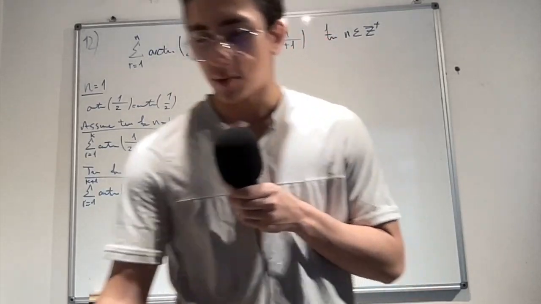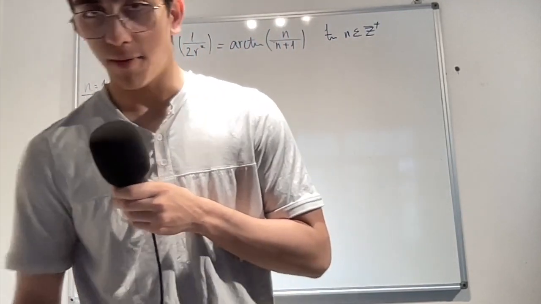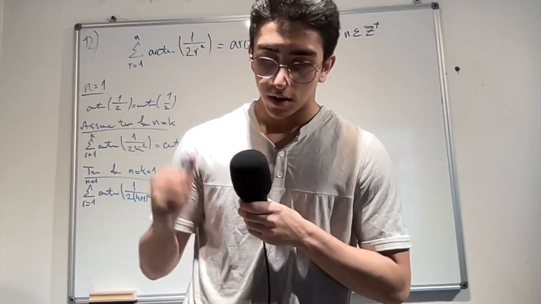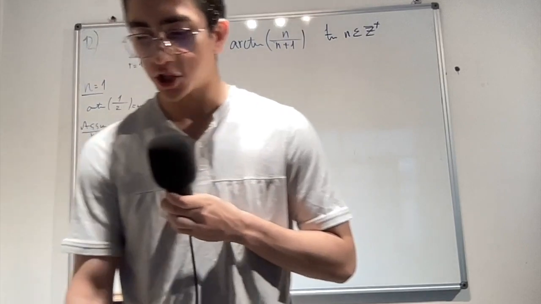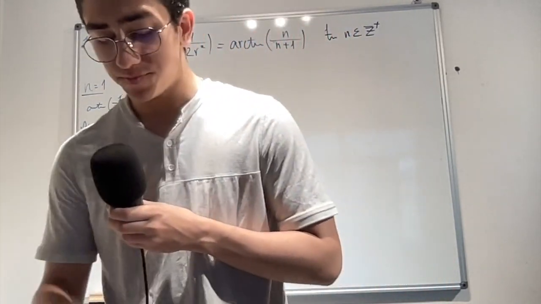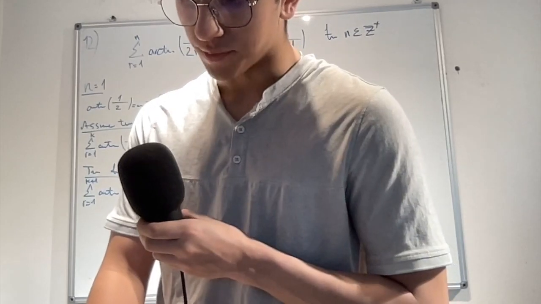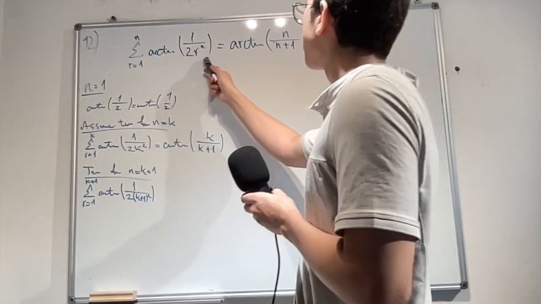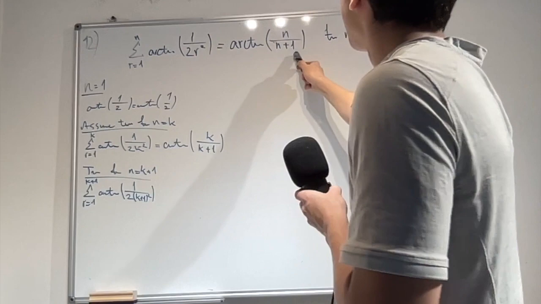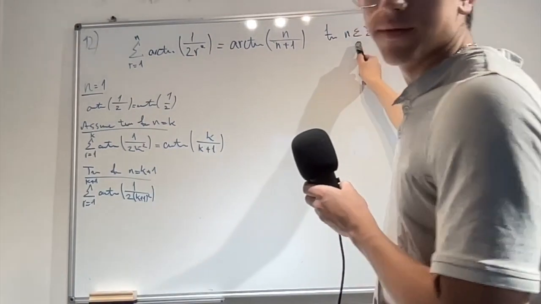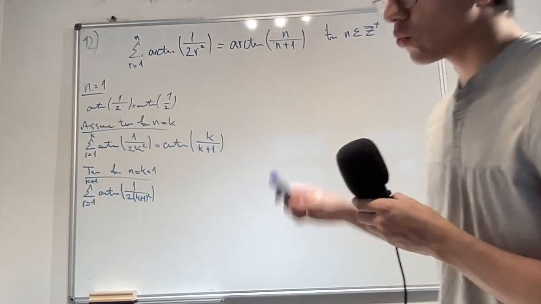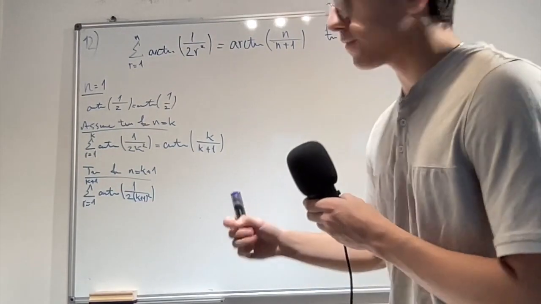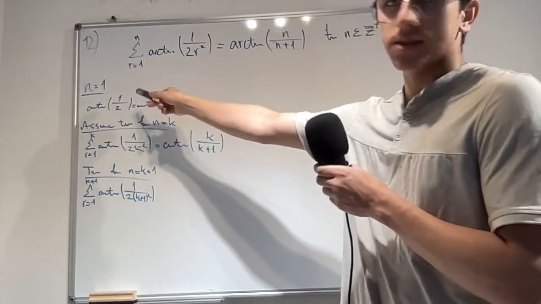All right, so this is question number 12 of May 21, paper 1, part D. Now we're asked to use mathematical induction and the result from part B to prove that the sum of arctan of 1 over 2r squared is equal to arctan of n over n plus 1 for positive integers of n. As it is mathematical induction, first you have to use your base case, n equal